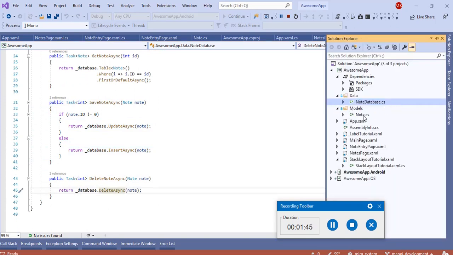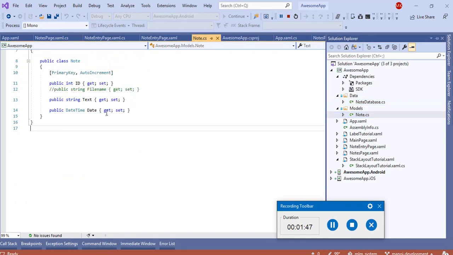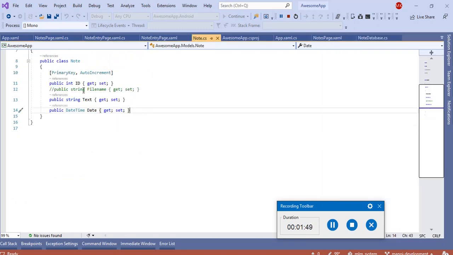I have created a note model with three things. One is ID. Whenever you work with SQLite, you should have one property with primary key and auto increment. Second is text, and third is date, the date at which I am saving that data.